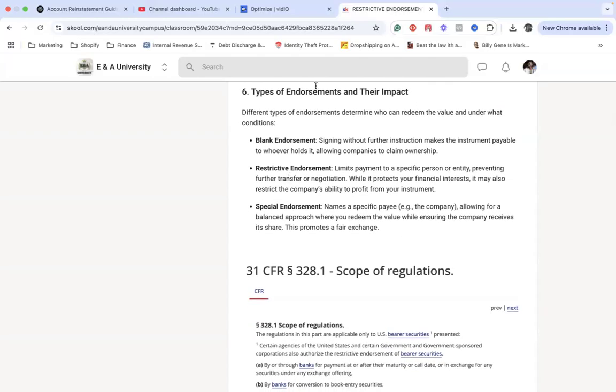All right, so types of endorsements, right? The ones we covered prior to this call, we covered the blank endorsement and the special endorsement. Right now, we're covering the restrictive endorsement, but they all go together. If you're missing any of the three, then that's where you don't quite understand how all of this works, right? Because